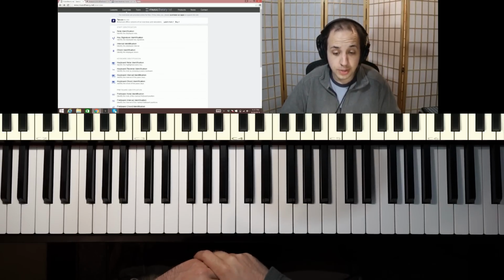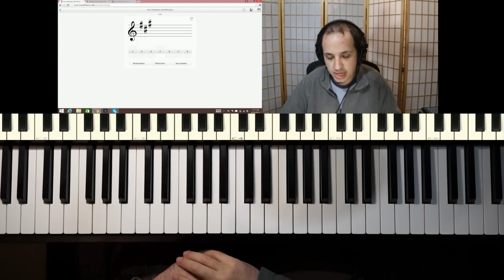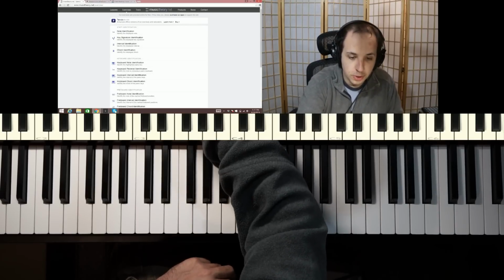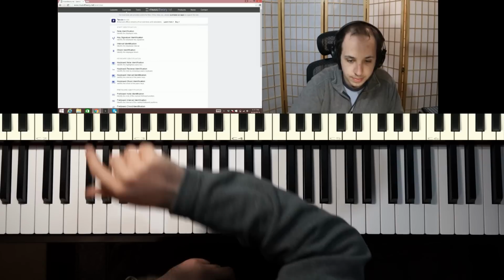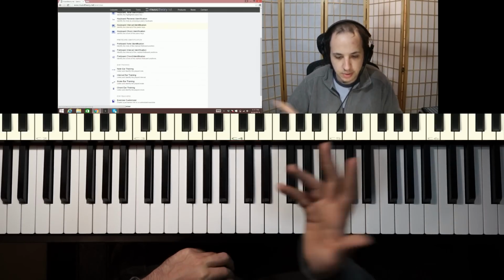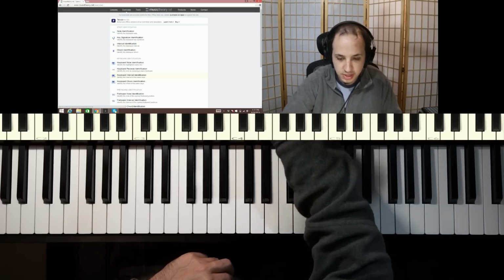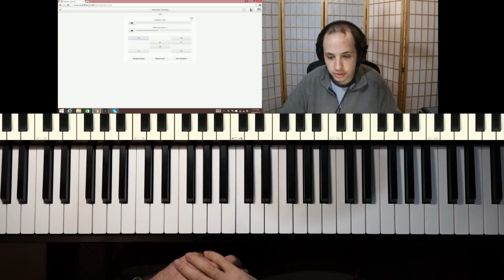Okay, so we also have key signature identification. You click on that, and you go through and you practice your key signatures. I won't go through all that stuff today. Okay, fretboard. We don't play guitar, but as you can see, they have a bunch of things here that are really helpful. If you're doing ear training, this is a cool tool to use